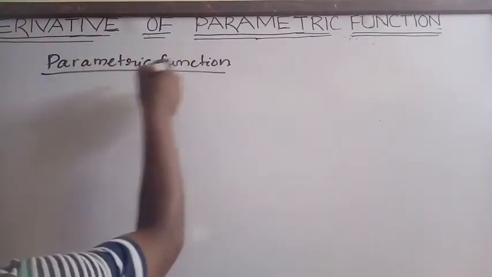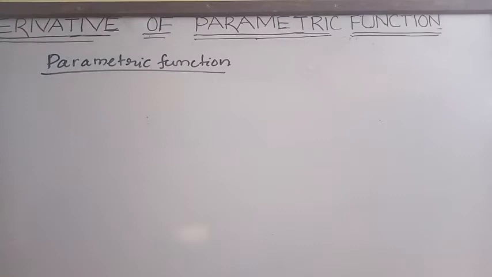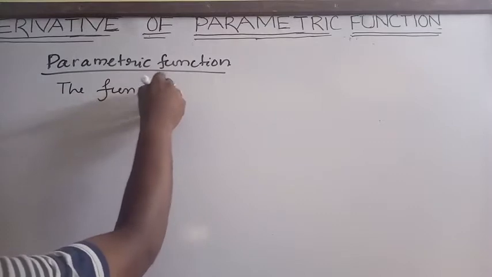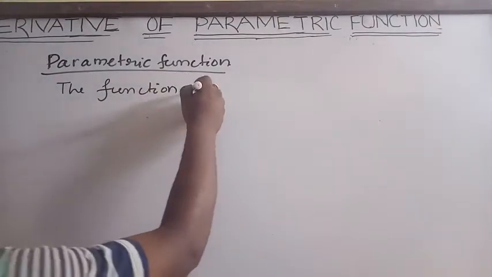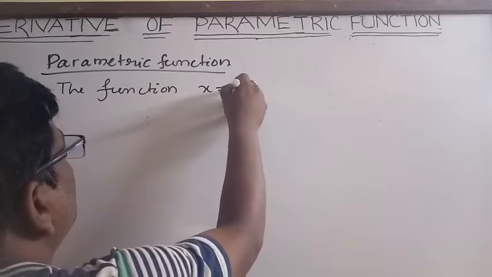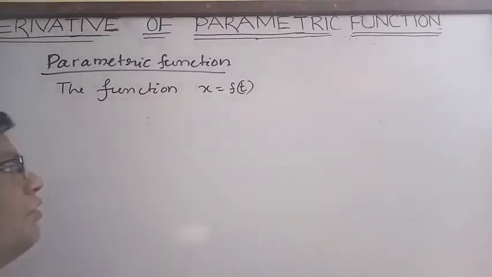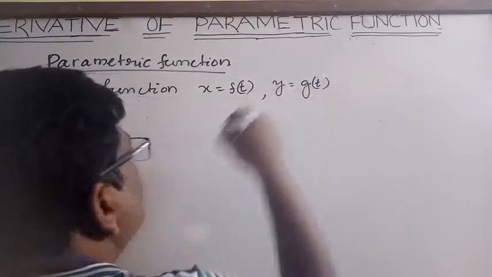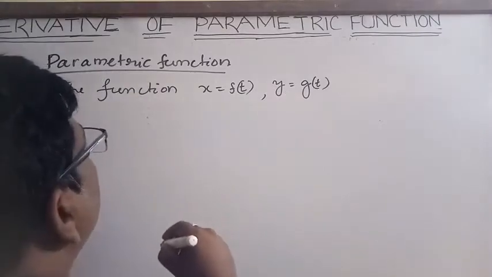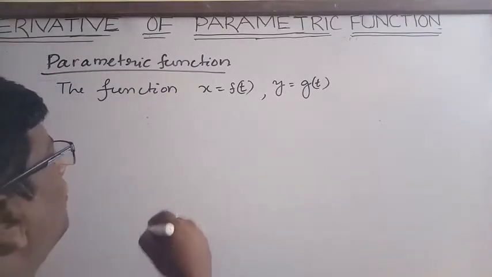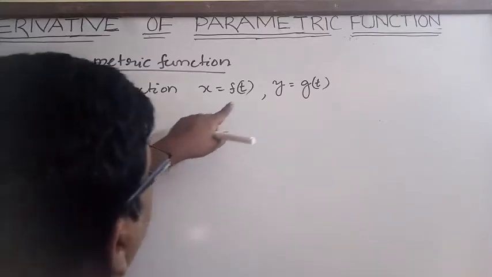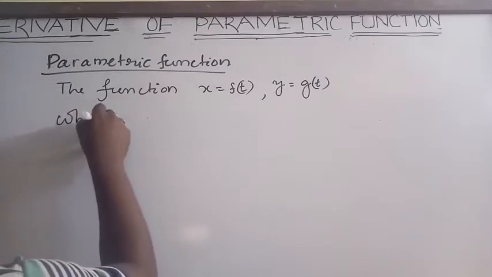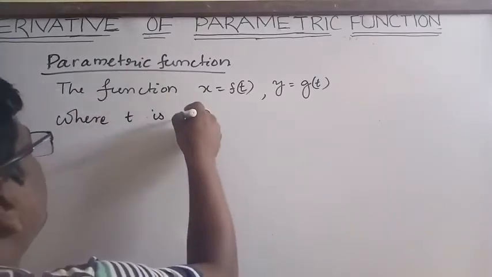So this is the definition: the function x is equal to a function of t, y is equal to another function of t, where t is a common variable. The function in the form x equal to f of t, y equal to g of t, where t is the common variable,